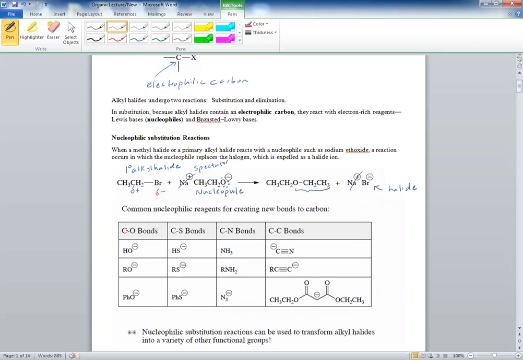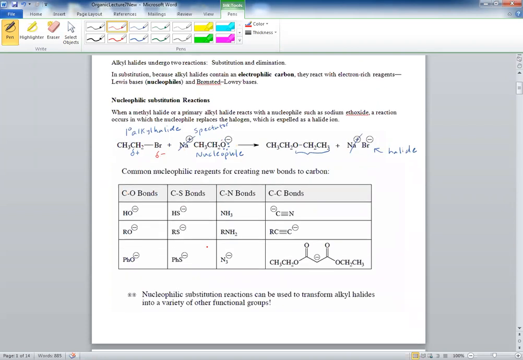So what are common nucleophilic reagents? We will go in depth into this, but just to introduce you to some, here are some. You have some that are based on oxygen nucleophiles. So this is an oxygen with a negative charge, of course, with its lone pairs on it, like hydroxide, alkoxide. This is phenoxide, meaning it has a phenyl group or an aromatic. Sulfide,